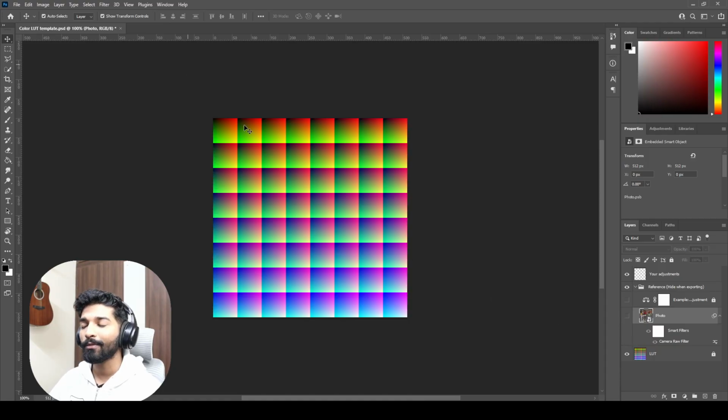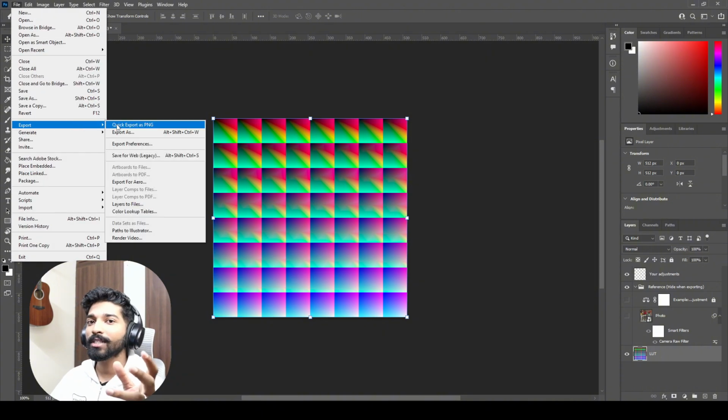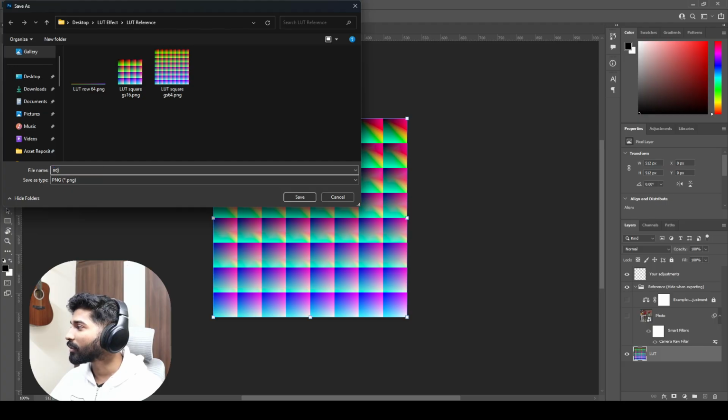So once I've applied that filter, what I'll do is I'll apply the same on the LUT as well. I'll unlock this LUT, I'll disable this image, and I'll go to filter and click on camera filter. So now that look is applied to this LUT. What you do is go to file and export this LUT as a PNG. I'll just call it